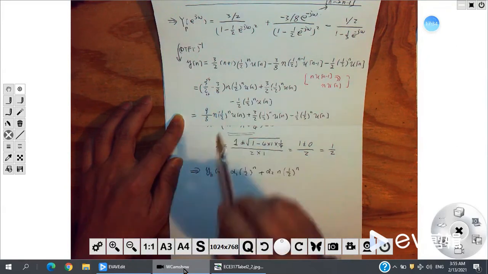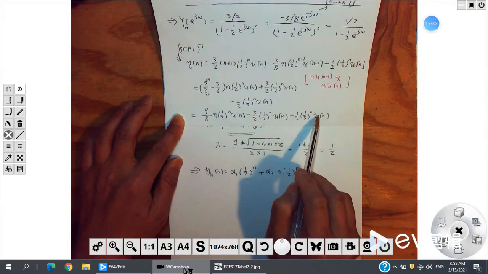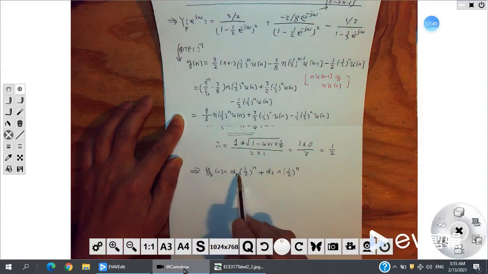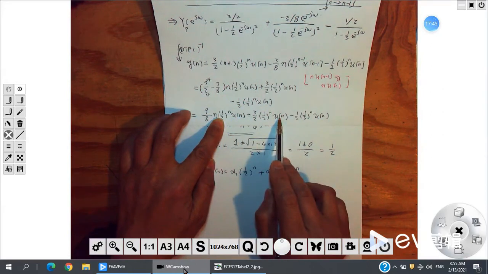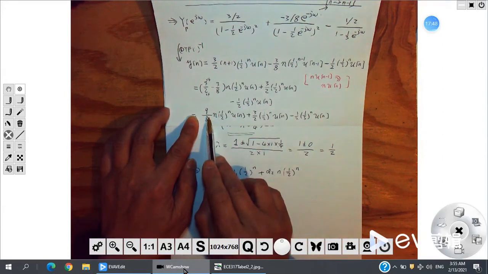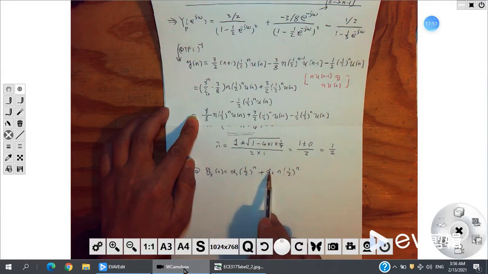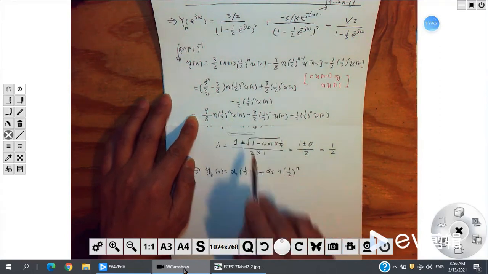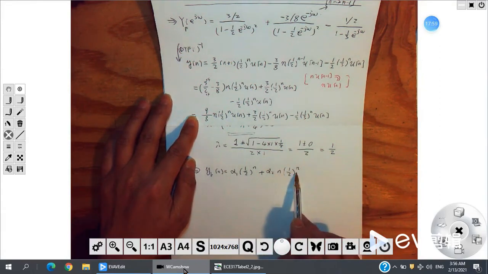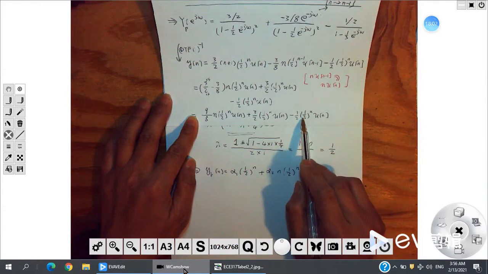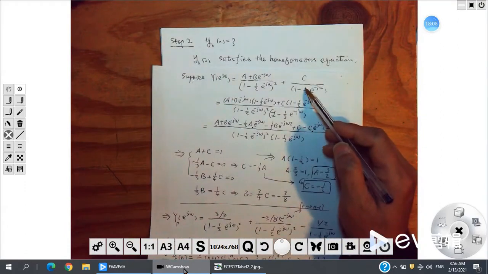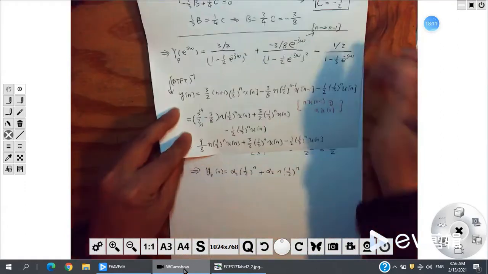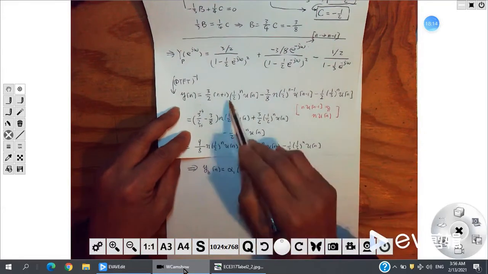After you get the particular solution like this, then the homogeneous solution will just be these two parts. Remove u of n and add the arbitrary constant in front of that. That will be the homogeneous solution. Now of course you need to know which part will move to here. Like this 1/3 you cannot move to here. This 1/3 is coming from the input. Input is related with 1/3, right? So this 1/3 term is coming from input, and these two terms coming from the